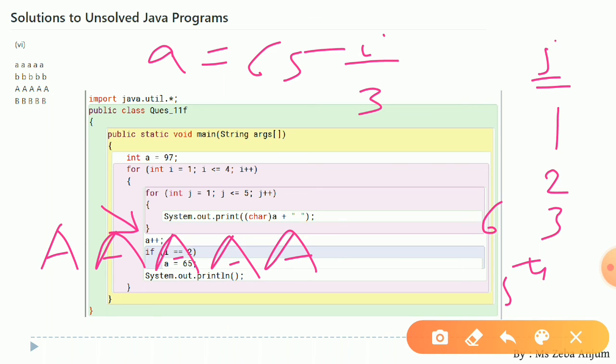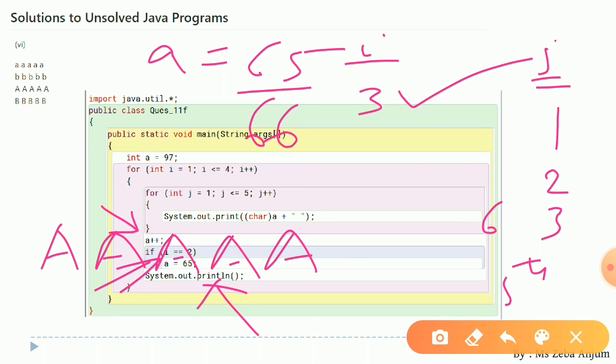Now see, the value of a, 65, it will become 66 for now. Yes, now again this condition, i equals to 2, will not get executed because i's value got incremented. It becomes 3 for now. So simply a new line will get inserted. Yes, so over here is your cursor. So we have secured now 3 rows.